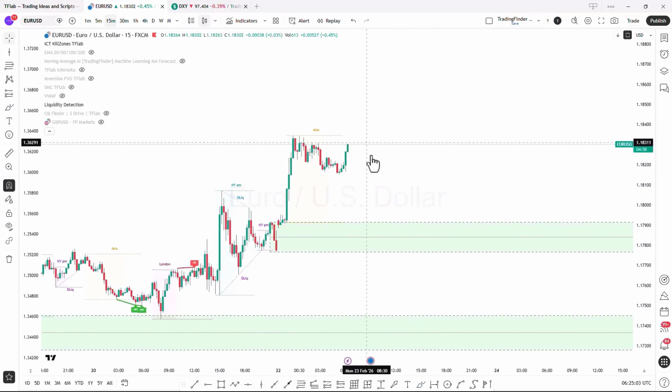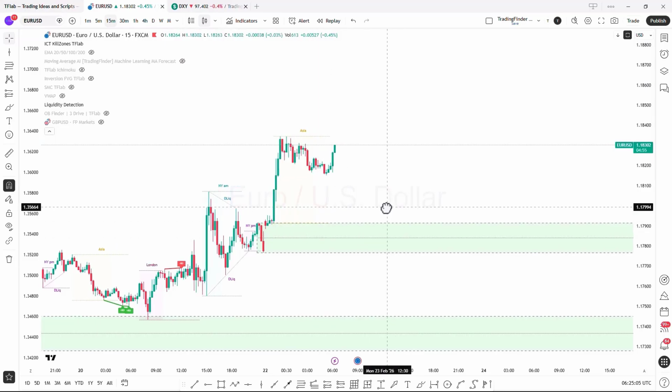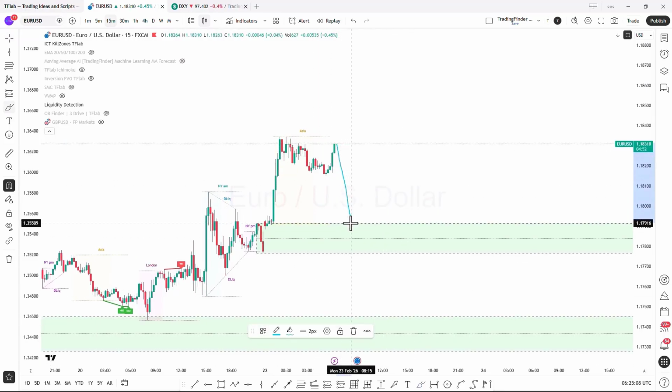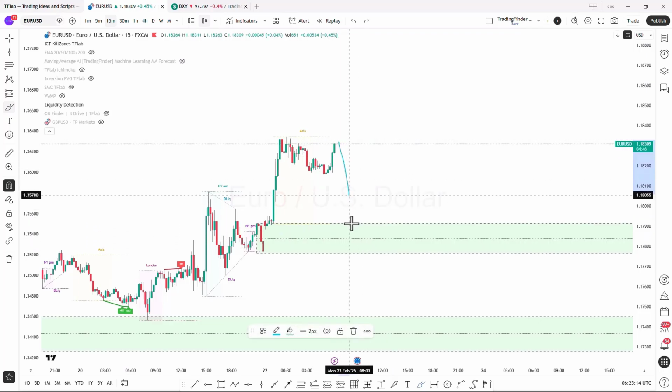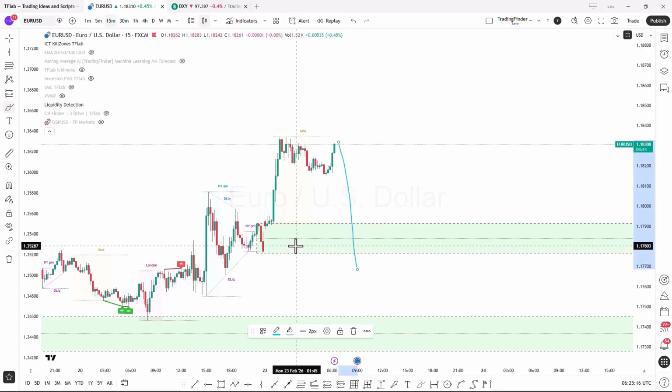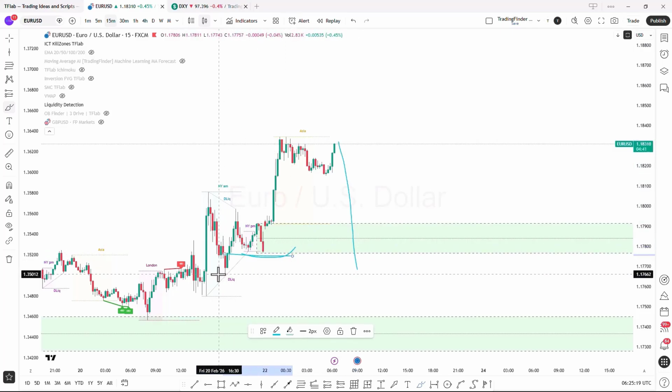We can anticipate a price retracement toward the order block area at the identified level of the previous bearish trend. We should take advantage of this opportunity to enter a position. Also, at the level where selling pressure increases, the price could move downward. It could collect liquidity toward the lower levels.